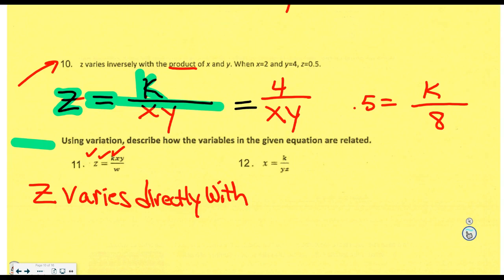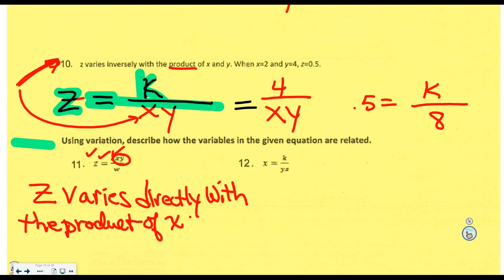When you were doing it forwards. How did you know what to do with X and Y? What word up there? It's even underlined. What word up here made us write this as multiplication? Product. So if this is multiplication, what word would it be nice to use? With the product